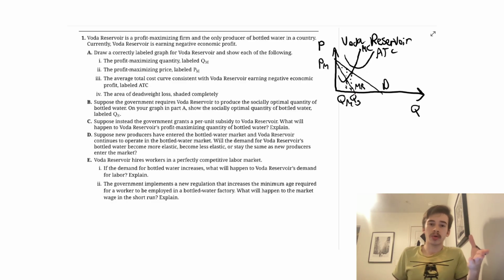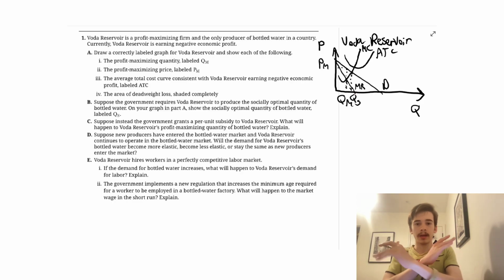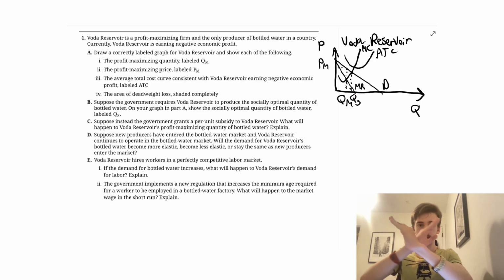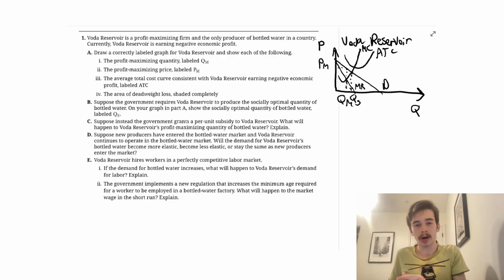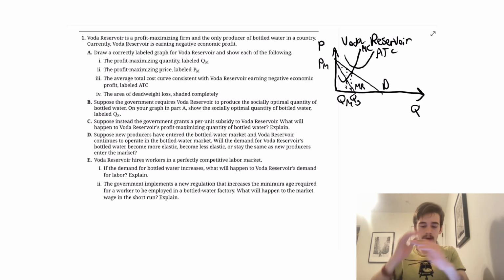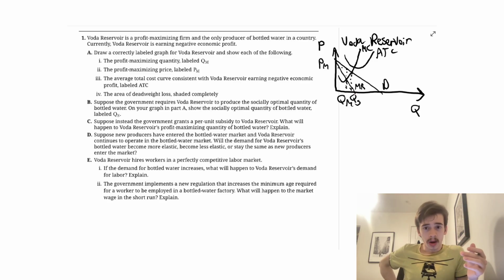I use the marginal revenue product approach, where you could think of it, if the demand for bottled water increases, then the price will increase, right? And marginal revenue product is marginal revenue times marginal product. Marginal revenue increases for bottled water if the price level increases, and marginal product, well, that stays the same